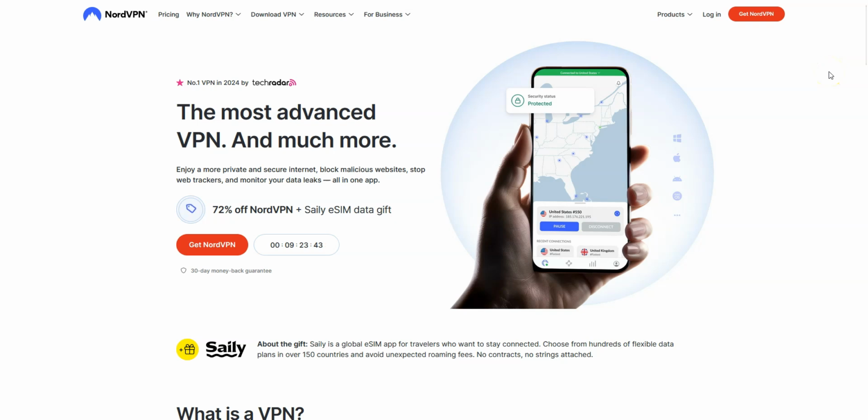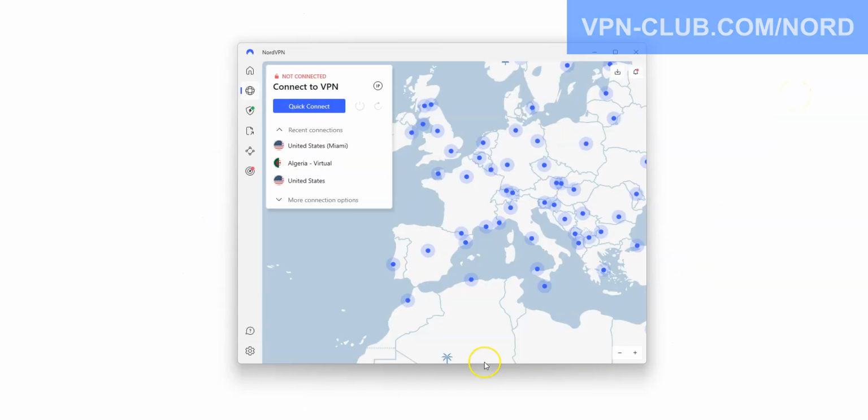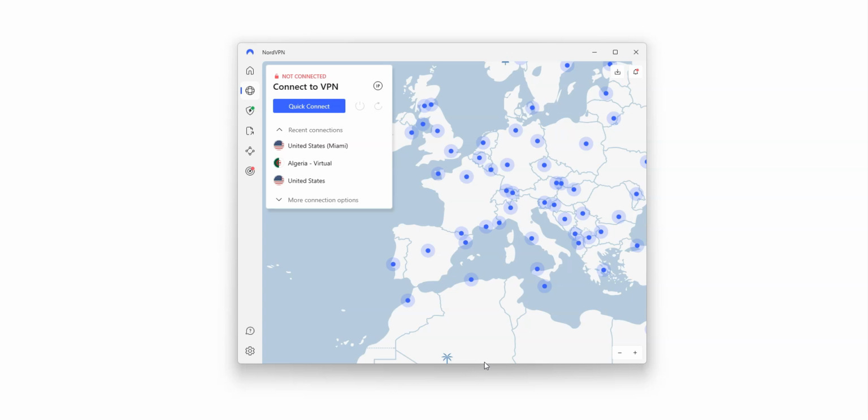Another great VPN to unblock TikTok is NordVPN. NordVPN is another high-quality VPN with over 6,400 servers in 111 countries. Just like ExpressVPN, NordVPN is available on Windows, macOS, iOS, Android, and so on. You can use it on up to 10 devices simultaneously. Very effective to bypass the censorship and firewalls set up by your school or workplace as well.